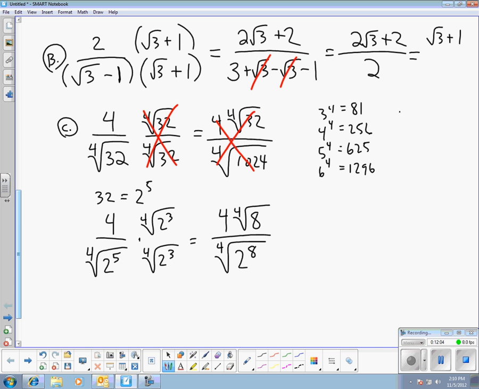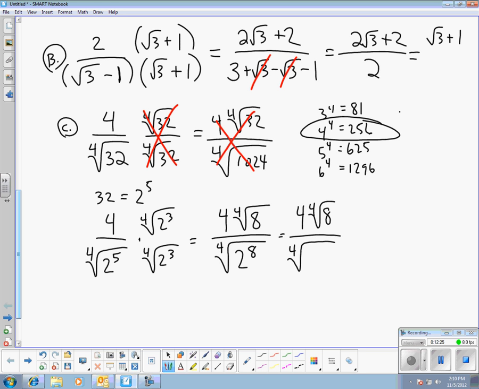All right, and 2 to the 8th happens to be 256. And 256 is a perfect fourth power. Okay, so what I have here is 4 times the fourth root of 8 over the fourth root of 256,